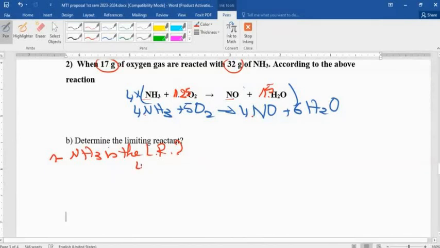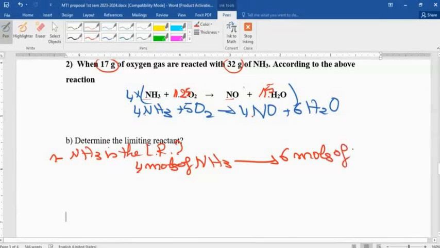So from my chemical equation, I have 4 moles of ammonia produce 6 moles of water. Since I got here the masses of the reactant in grams, the rabbit will convert this relationship in moles to masses using the molar mass of the compound. So what is the mass of 4 moles of ammonia? It will be 4 multiplied by 17 grams